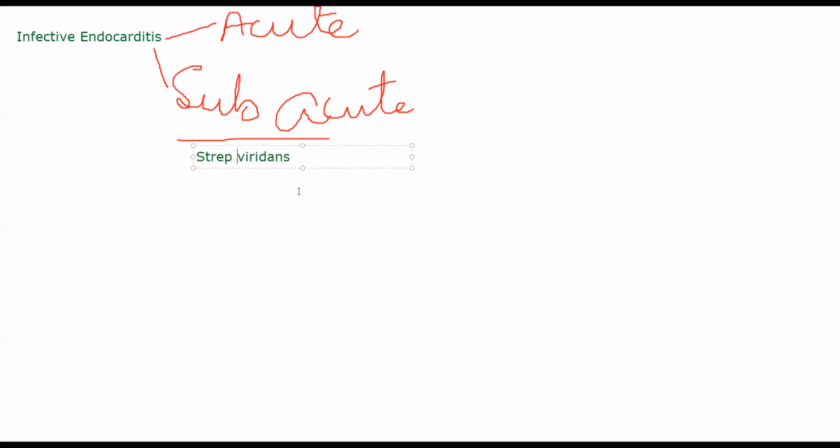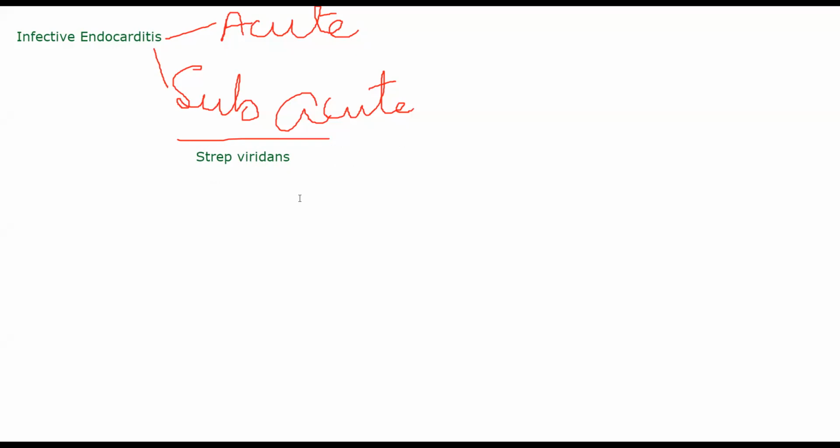Now let's suppose one day someone is brushing their teeth very vigorously. Okay, as I told you, this organism is present in your oral cavity. Now, whenever someone is brushing very vigorously, they might nick their gums. Okay, a little bit of bleeding might occur as you gargle your mouth, and the bleeding will eventually stop.